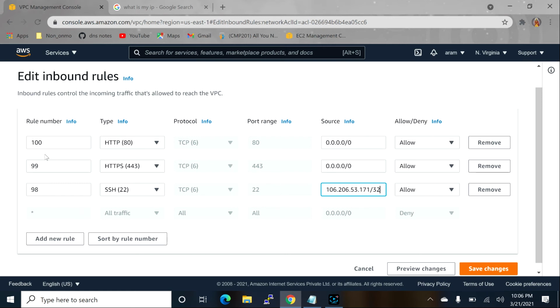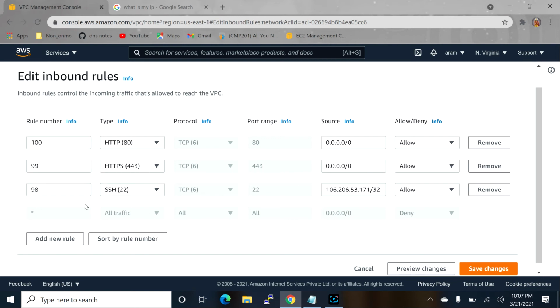Okay, what is the rule? 100, 99, 98. This is the priority. For example, I am connecting from this IP address. The first rule will check 98 only. If the condition is fine, it won't check any other rules. If I have a web server and I'm connecting to this server, first rule 98 will check, but there is no HTTP here, so it will skip it. The second rule will check any network, HTTPS or HTTP. If you are accessing with HTTPS, the 99 rule will check and the condition is okay, it won't go to 100 and beyond. So when the condition applies, it won't check again.